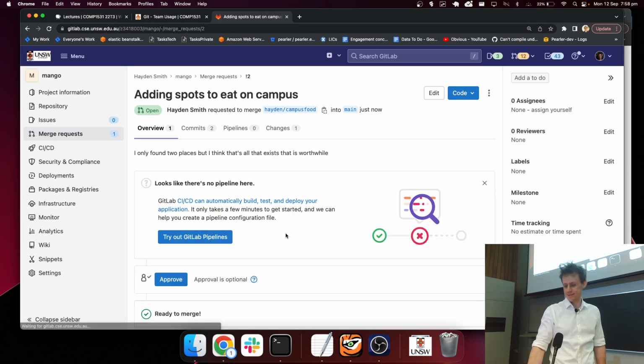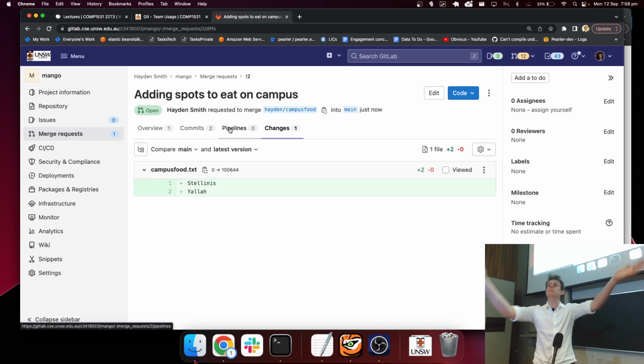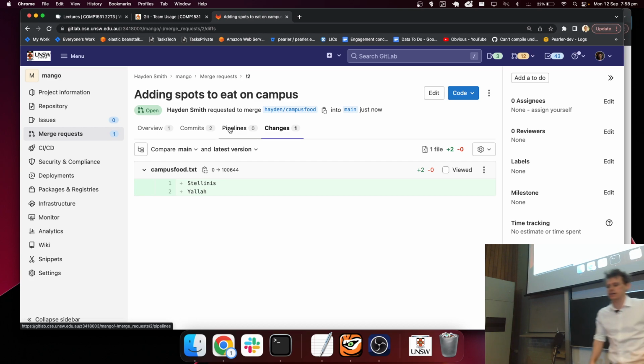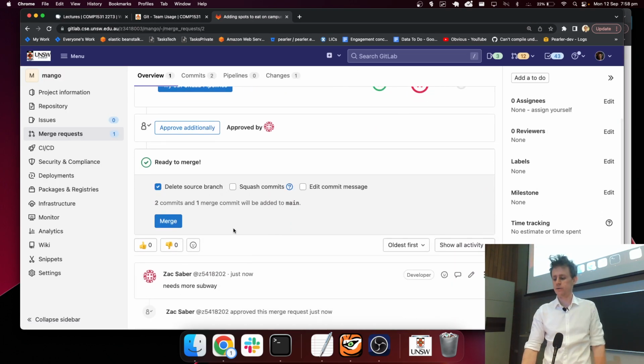Not quite. But same thing, we got our commits, we got our 2 commits, we got our changes. Other people can look at this. GitLab has a really nice UI for it where you can just see those changes really easily and be like, oh, I can see exactly what you did. And then when I come here, Zach's approved it, I feel good inside. It says delete source branch, which is like,